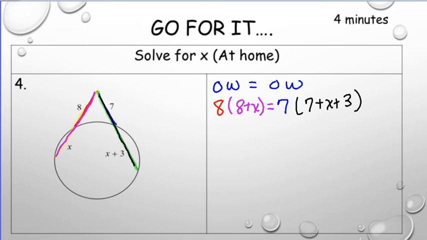Okay, so now here is to do the math. So you put your line down the middle, and remember, constants are on the left. Constants are on the right. Variables go on the left. So here we need to distribute. So we get 64 plus 8x equals, and then we distribute on the right side, 49